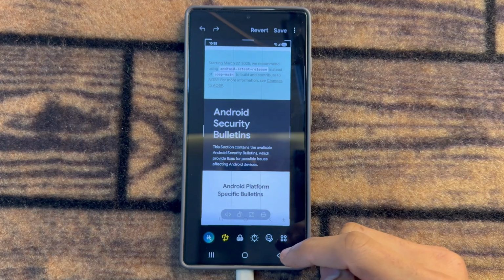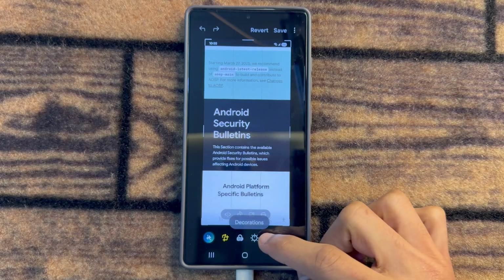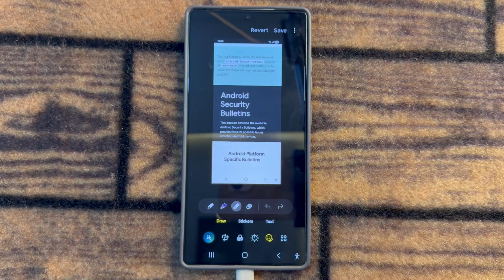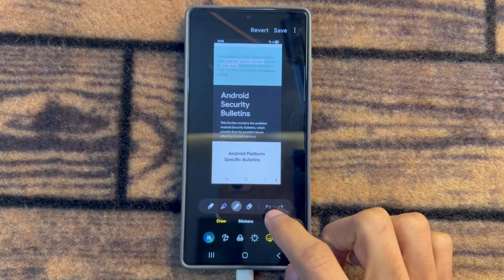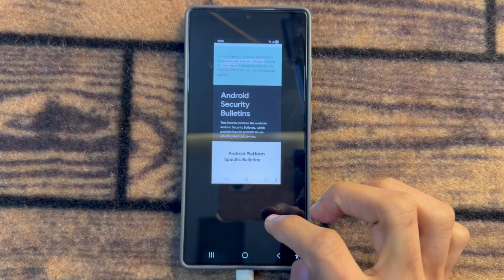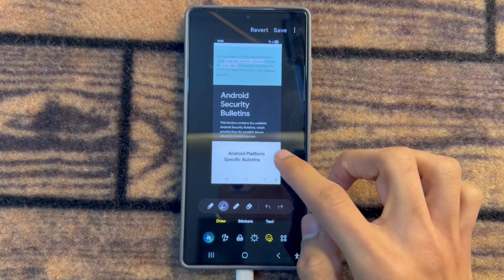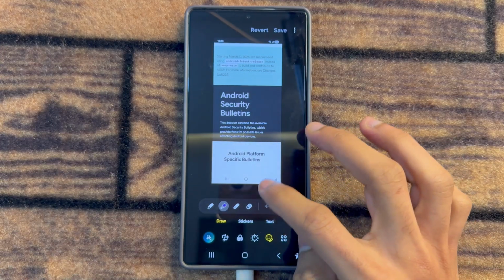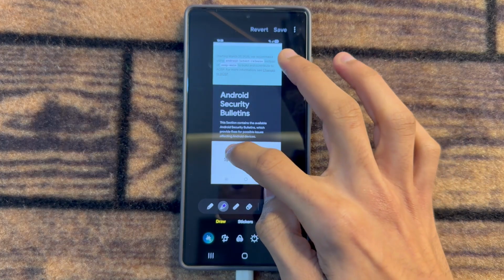After clicking on this edit icon, click on this decoration icon. After clicking on this decoration icon, you will see highlighter is here. So click on highlighter. After clicking on highlighter, if you want to highlight text, you will see